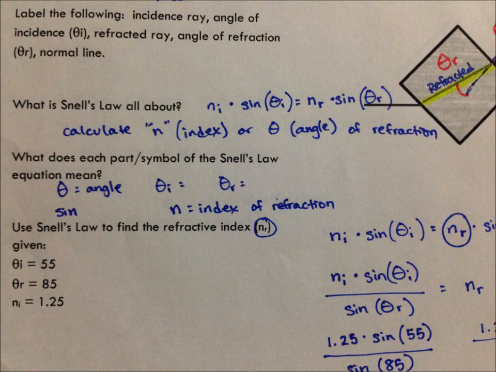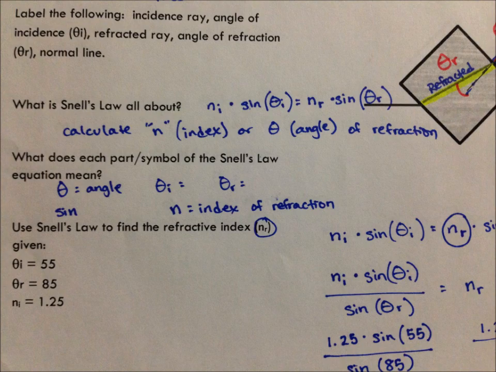Snell's law is all about calculating either the angle of incidence, the angle of refraction, or the index of refraction, so that relative speed that light travels through a substance. So the equation is Ni times sine theta I equals Nr times sine theta R. What does all that mean? Well, N is that index of refraction. Theta simply is a Greek letter that means angle, and then that sine, S-I-N, is a geometry term. All you need to know is that it's a button on your calculator,